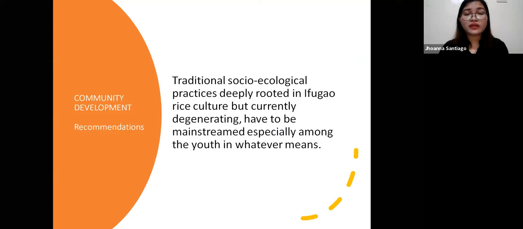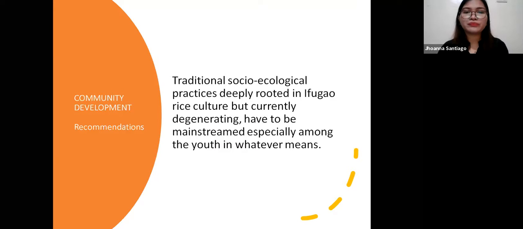So the traditional socio-ecological practices deeply rooted in the Ifugao rice culture, but currently degenerating, have to be mainstream, especially among the youth, by whatever means. Because we believe that the youth is our hope and they will continue the practices of the current generation. So it's very important to reintroduce or introduce the traditional practices so that the cultural heritage in Chaya or other cultural heritage in Ifugao can